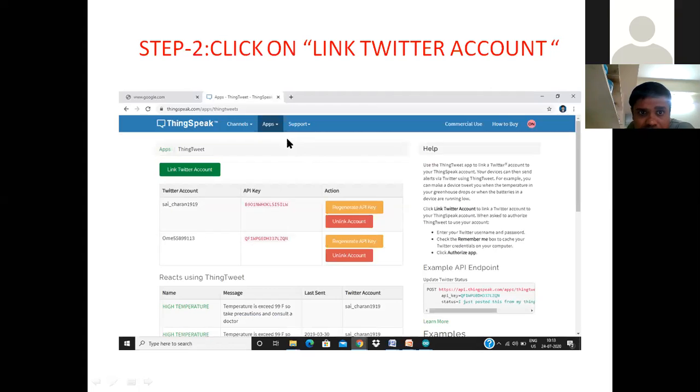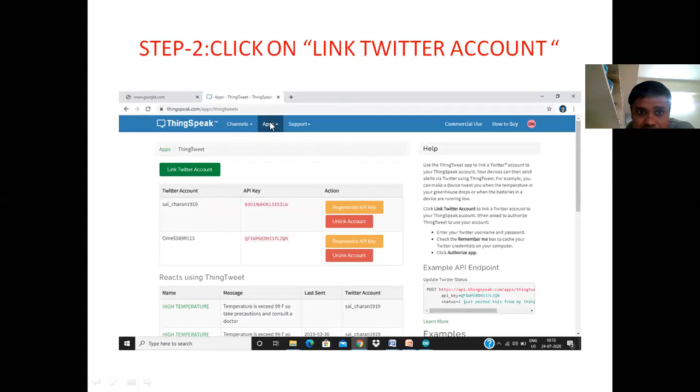Step 2. After going to ThingTweet, a window will open, and you can click on Link Twitter Account.